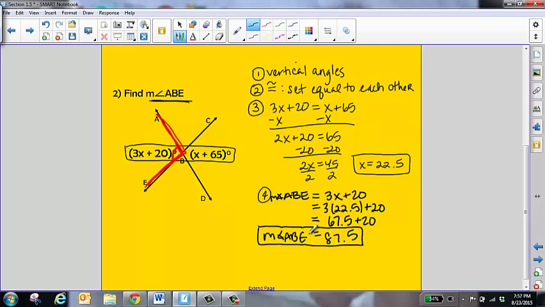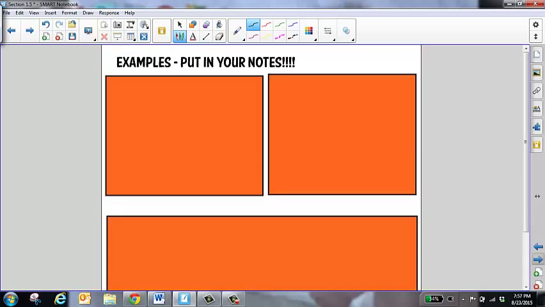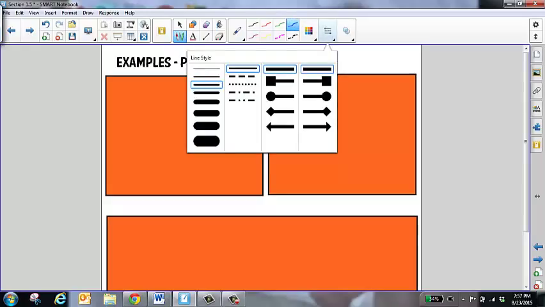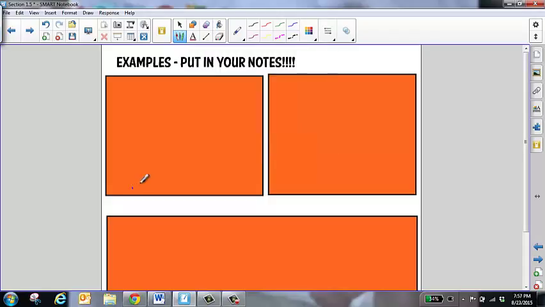Okay, once you guys have that in your foldable, go ahead and take out your notes, whether it's a continuation of yesterday's or you need to get a new page, whatever you need to do, but we're going to go through a couple more examples, and these should go into your notes. I'm going to change the color here just so we can differentiate between the different problems. Okay, so